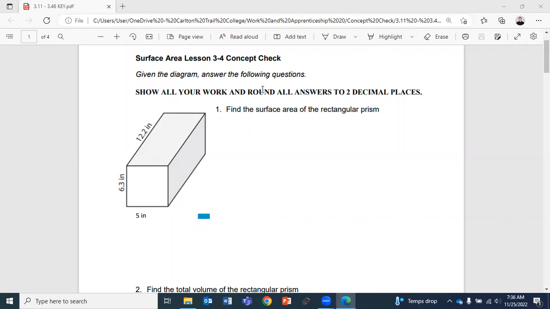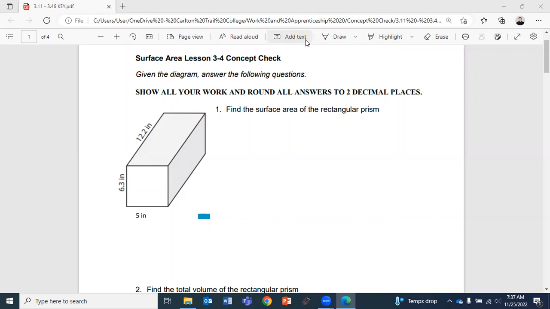Okay, so we're just going to be doing our final surface area and volume concept check here. What I want you to do is fast forward in the video, skip ahead every now and then to the questions that you did not get correct. You'll know your questions are correct if they have just a big check mark beside them. If you made one really simple mistake, I probably pointed it out, but otherwise, just take a look and then I want you to